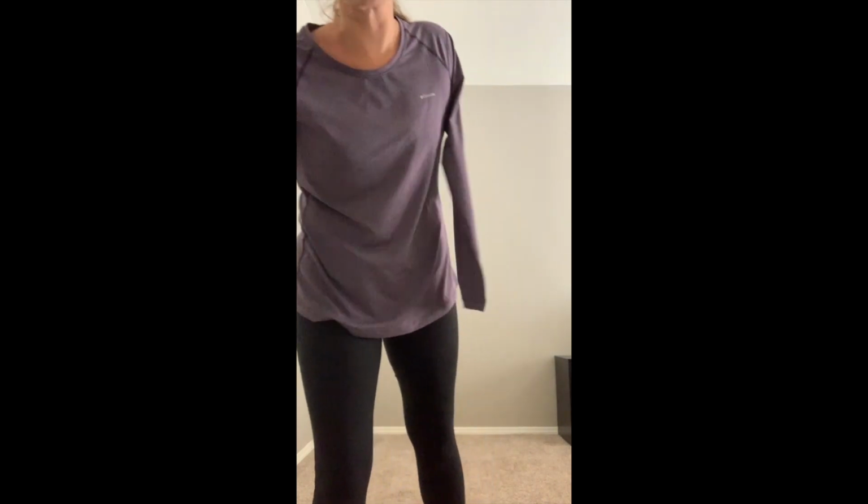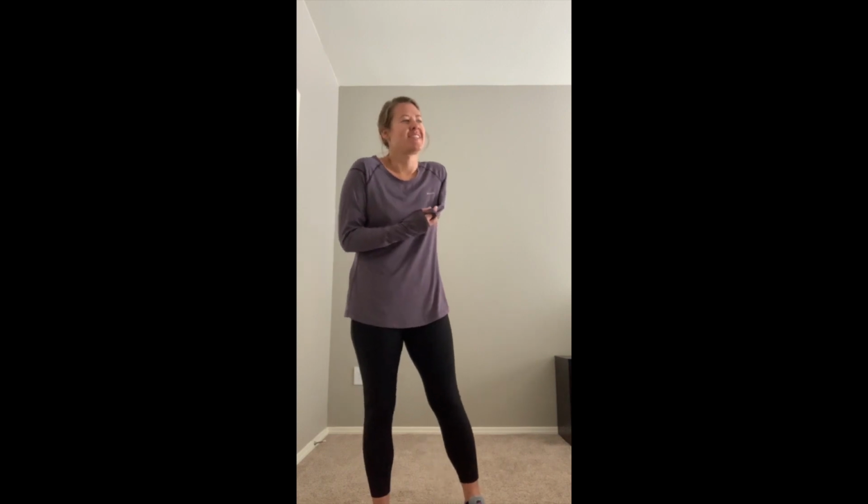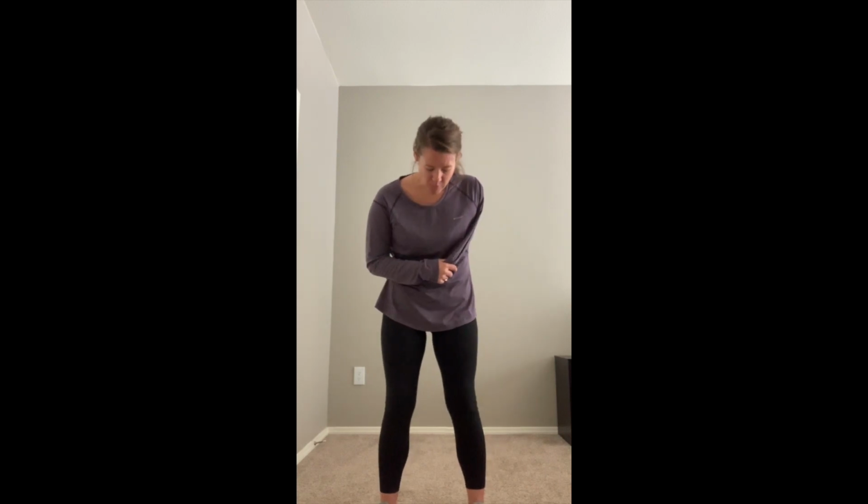Perfect. Okay, the next thing we do is a side twist. These are so nice because they're just like easy and you just can go forever and ever. I do these a lot when I'm like watching TV because it's mindless and it's great. And it works your side obliques. Okay, so I'm just gonna hold my sleeve so it's not flinging everywhere. Again, you want your feet hip width apart. And then I like to take both of my